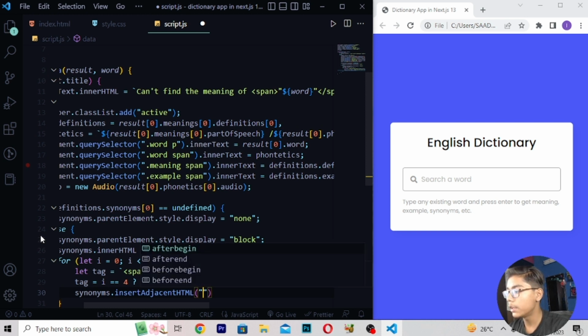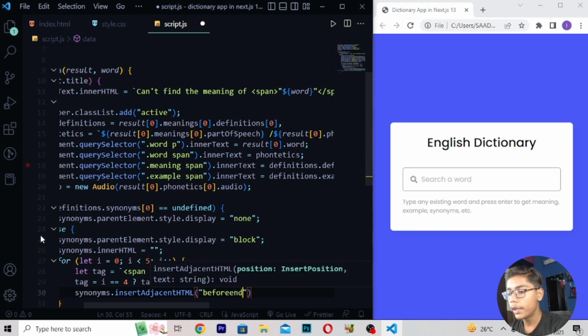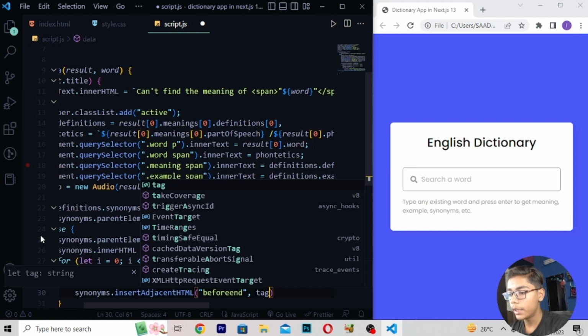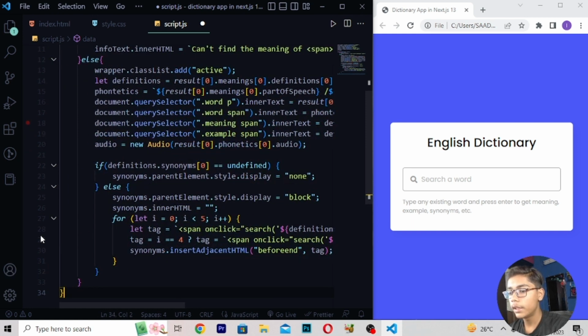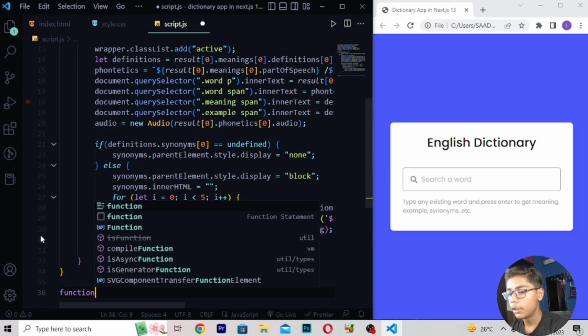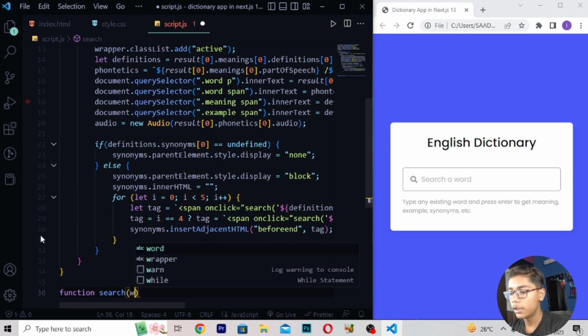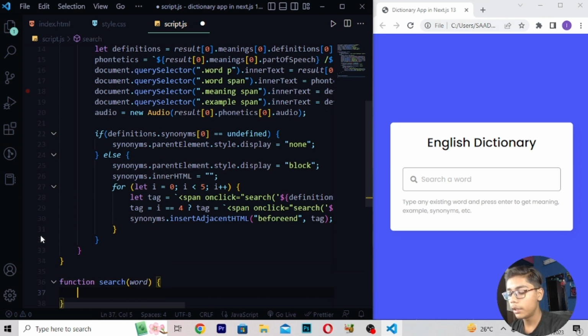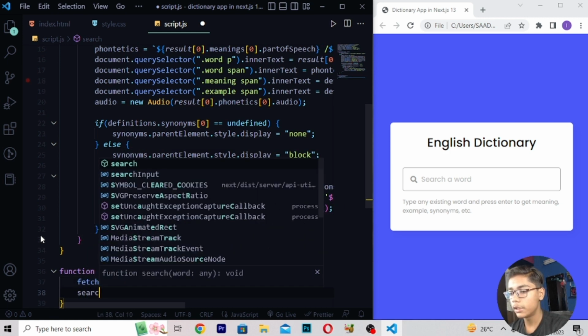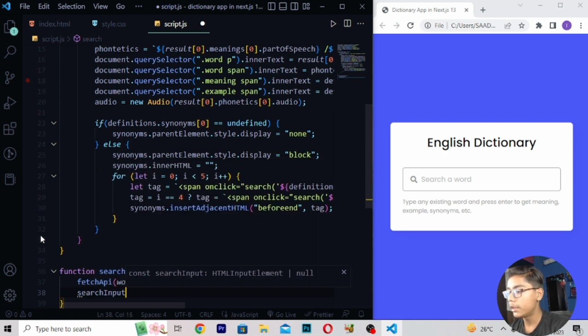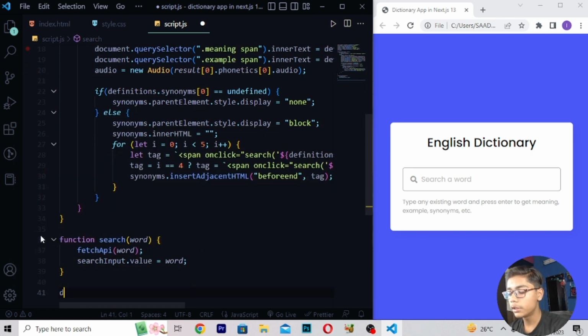Now when you've written this, here I will be writing beforeend, then I will be writing comma tag, here you have to close, and then you have to just move down after this, right here function search, right here word, then you have to write here fetchAPI, and right here word, then right here search. So here I'll be writing searchInput.value is equals to word, then you have to just write here function, and after writing this, here I'll be writing fetchAPI, right here word.